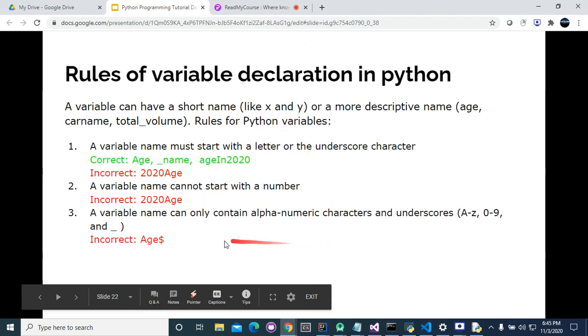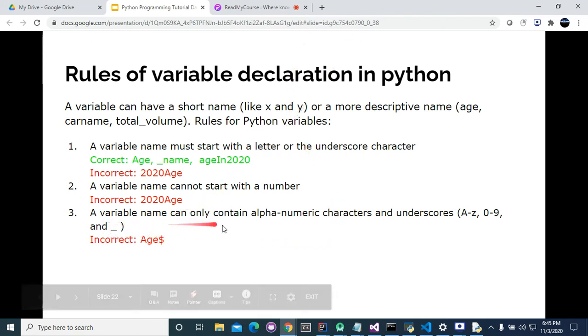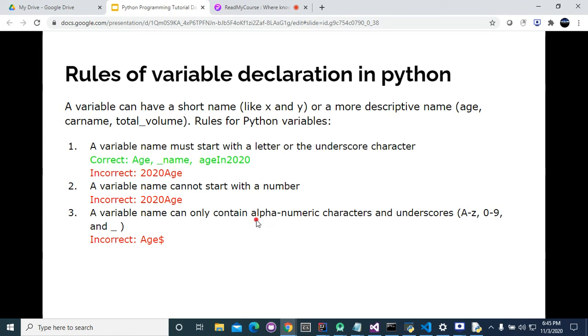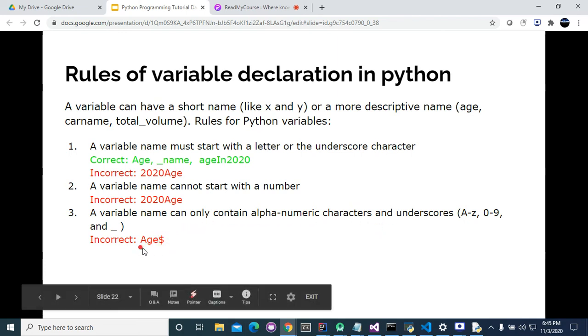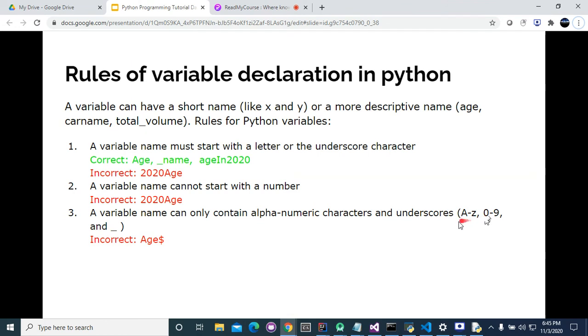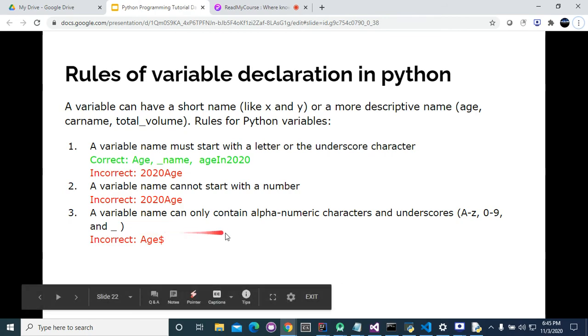It means you cannot use special characters. Dollar is a special character you cannot use. You can only use A to Z, small a to z, 0 to 9 and underscore, and you can't use anything more.